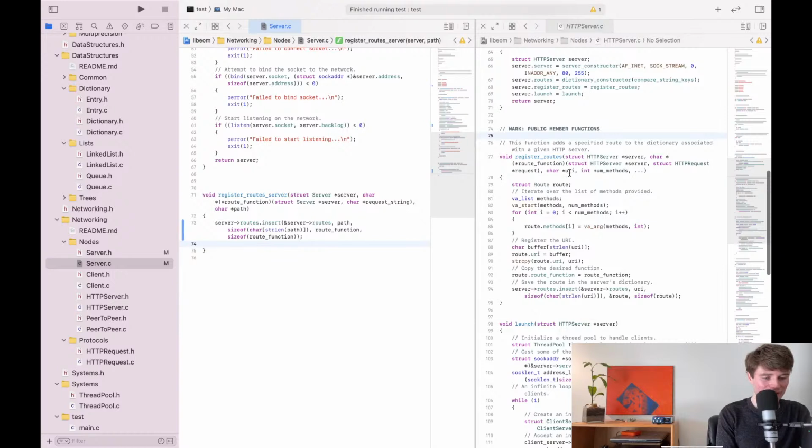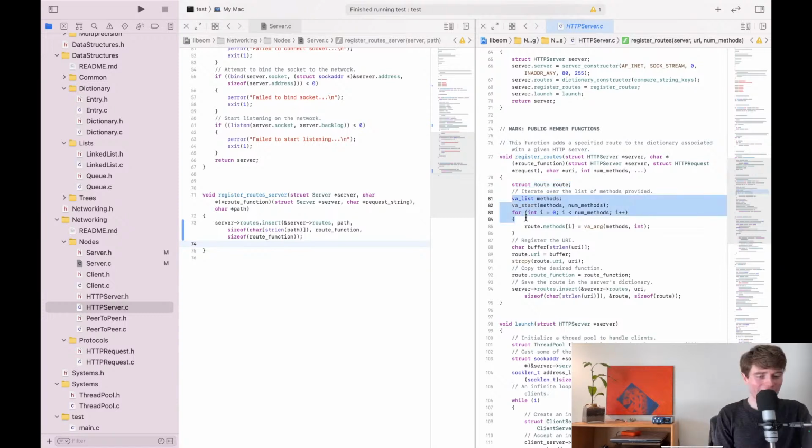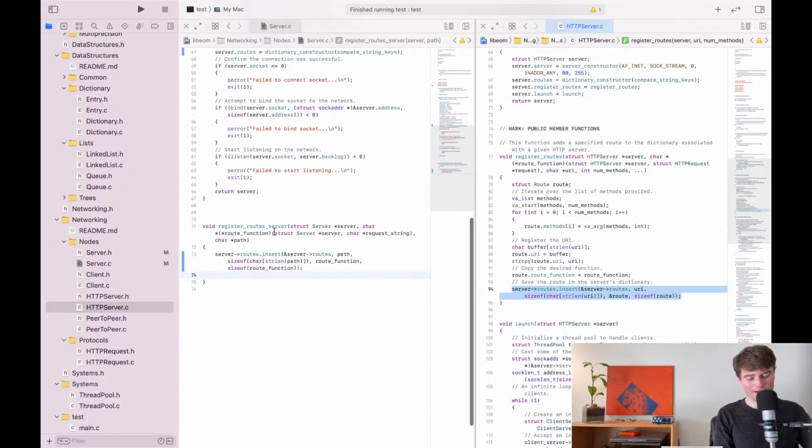Route function. Register route. So over here, we had to create a route struct. We don't have to do that. We then had to enumerate all of the different methods using this ellipses argument, which we don't have to do at all anymore. We then had to use string copy to copy the URI into the route, which, I mean, now we're just using it as the key directly. So we can do that whole thing in one function. Okay. So why would we have a function for this? Why don't we just say